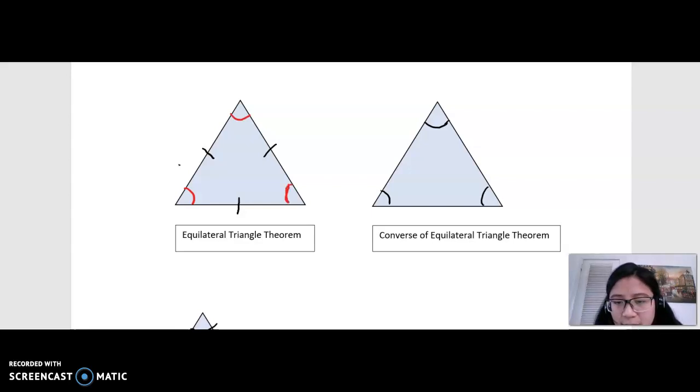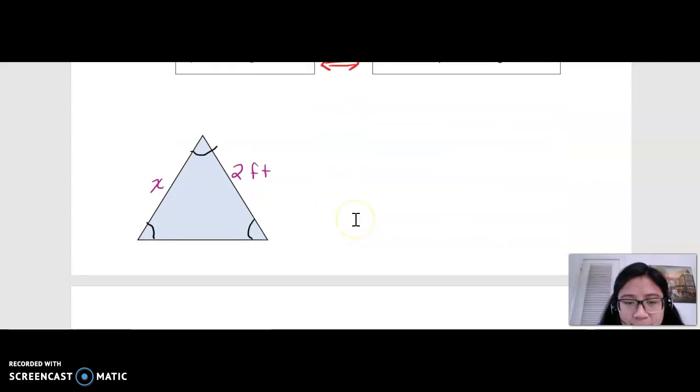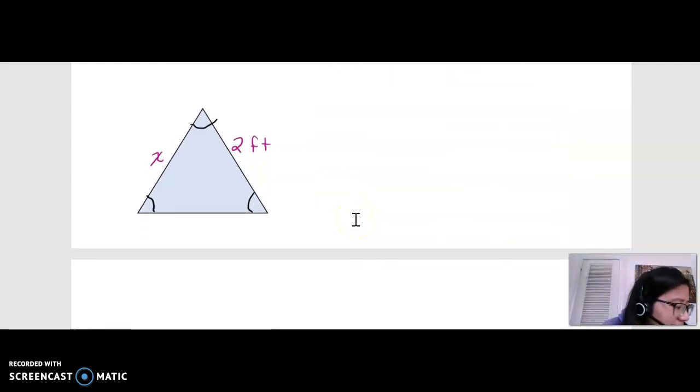Now, with the converse, they may show you 3 equal angles, but we would know we actually have 3 equal sides as well. So they're sort of connecting to each other. It's just sort of like opposites. So if we want to go ahead and use